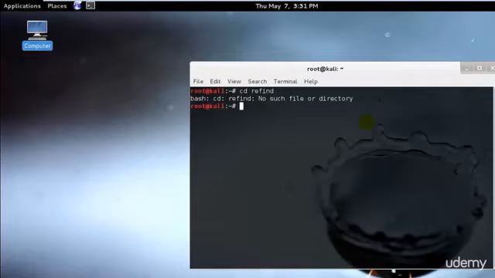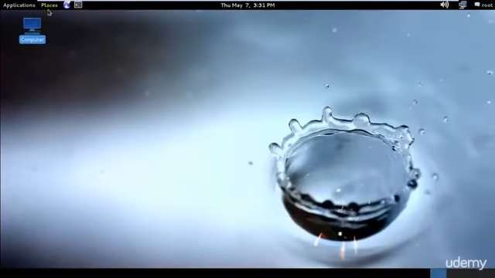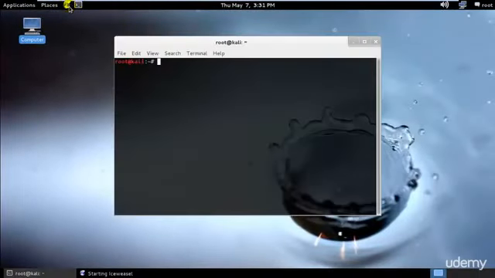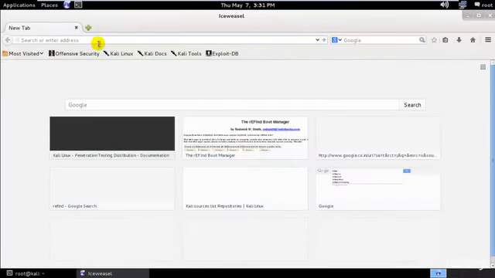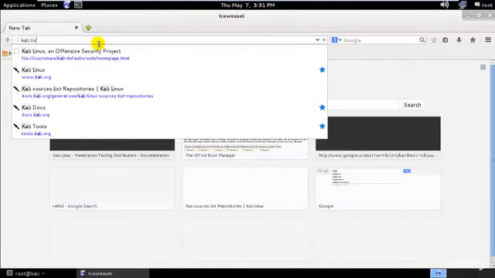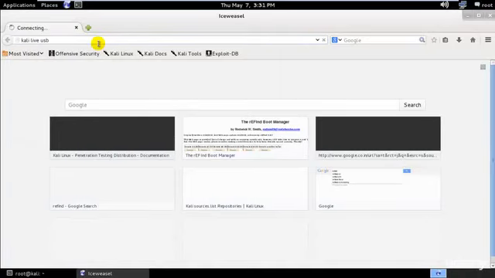Once you have all of these things, the next thing we need to do is install the live USB. Before I proceed, let me explain what a live USB is. I'll open the Kali Linux website and type Kali live USB. What this does is that you need to boot your computer or laptop, whatever it is,